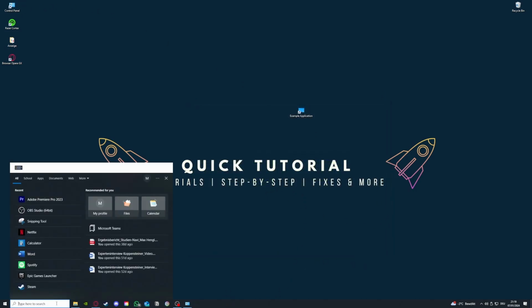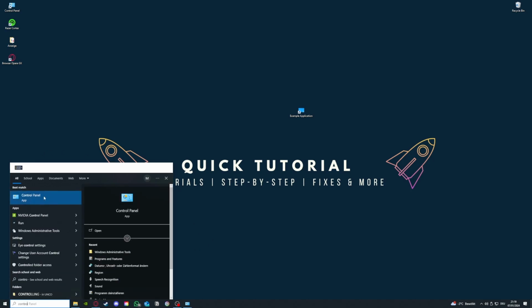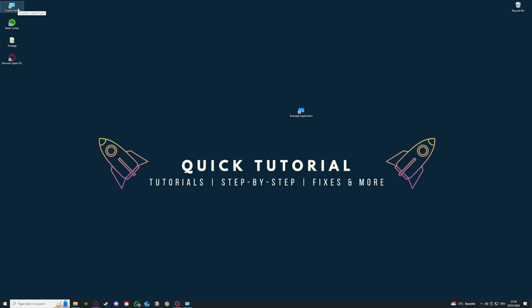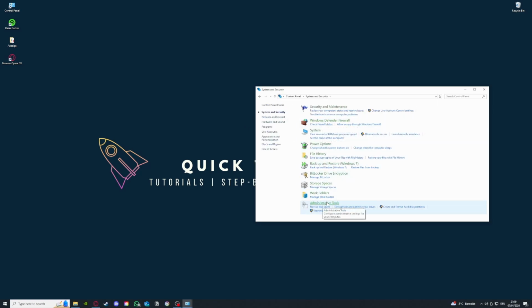And yeah, so the third fix I have for you is in the control panel. You can go to the search bar down here and type in control panel, or I have control panel right here. I'm gonna double click it, and you want to go here to system and security, then go to administrative tools,